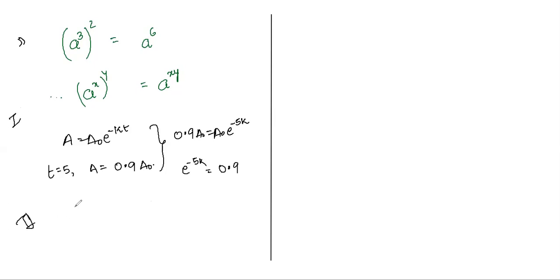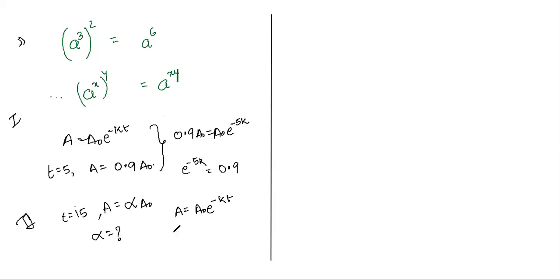Case 2 told us if time is equal to 15 seconds, or 10 seconds later, how many times the amplitude is of its initial value. Let it be alpha times its initial value. So find out what alpha is. What did we do? We again wrote the expression A is equal to A naught into e power minus kt, where k is b by 2l. Let's keep that aside. Now let us substitute the values again.